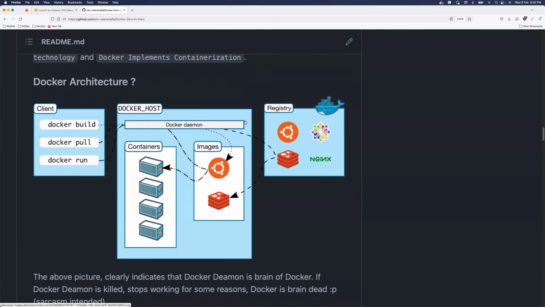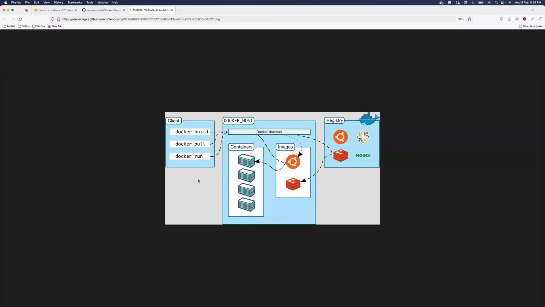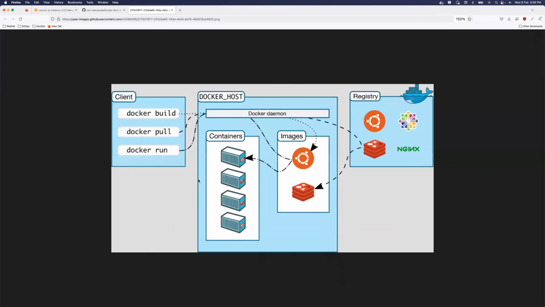So are there any other platforms that can implement this containerization? Definitely. Podman is a very good competitor. If you have heard this term Podman, you can consider it a competitor, and it addresses a few complicated problems of Docker. Like Docker is a centralized platform where it has only one Docker daemon.